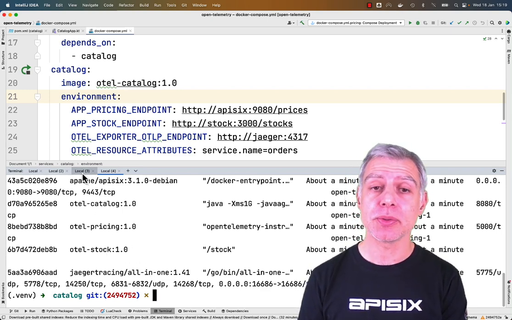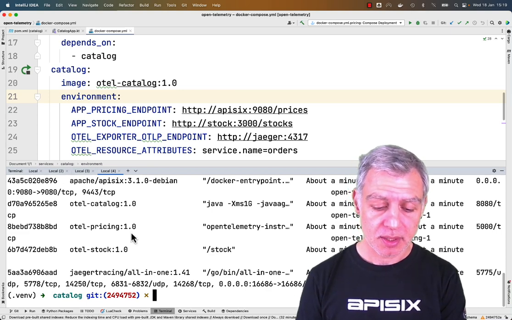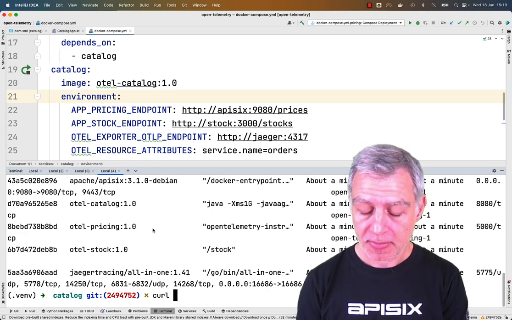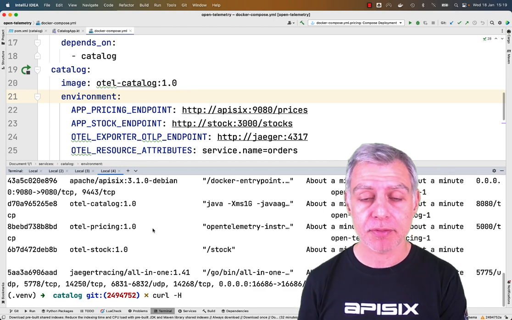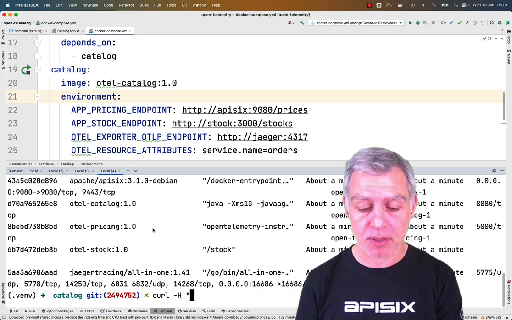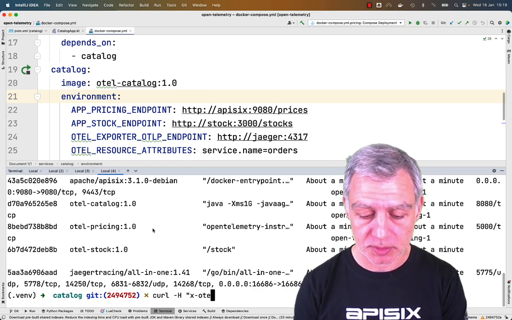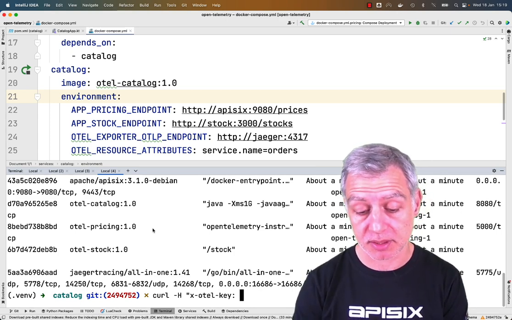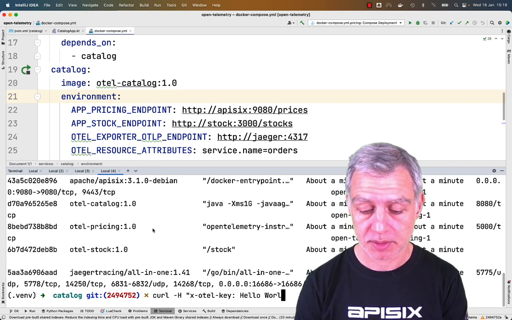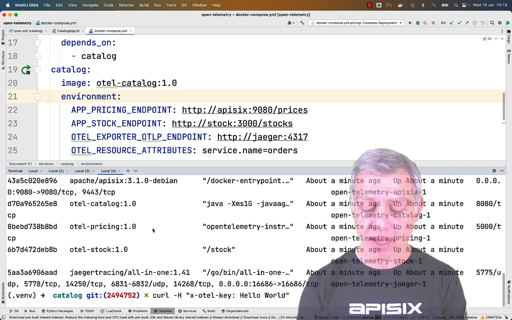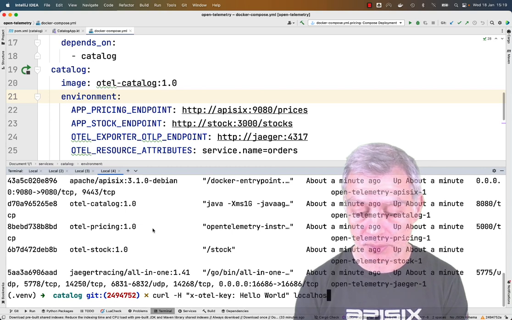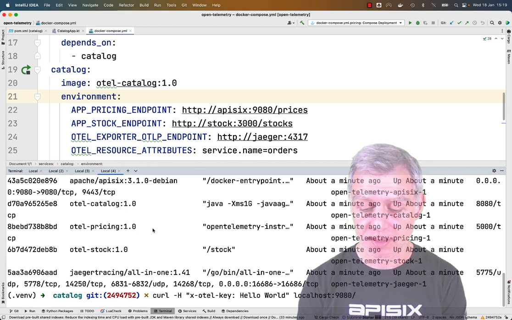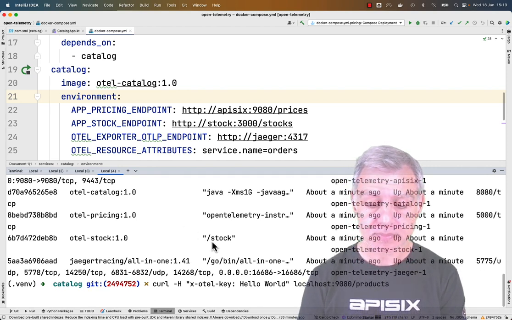Now we can issue our first curl. I will be using the header that I have configured Apache API 6 for. If I remember, it's hotel key. And then I can say, let's say hello world, because I have no imagination. And I'm on localhost 9080, which is Apache API 6 default port, and we'll say products.